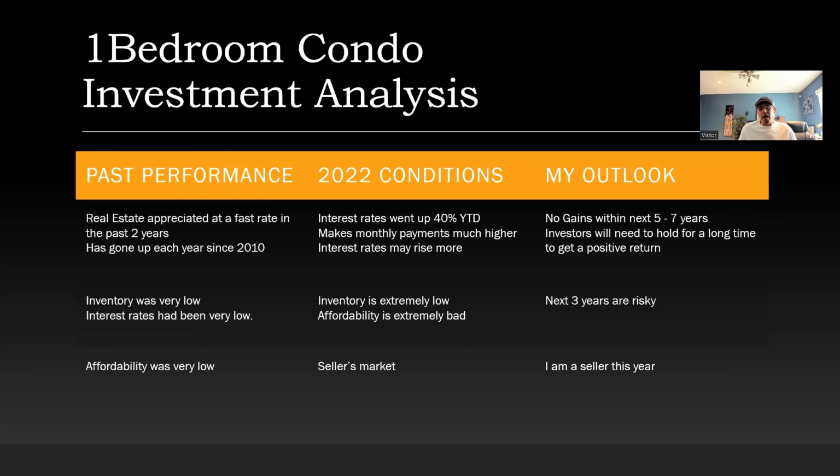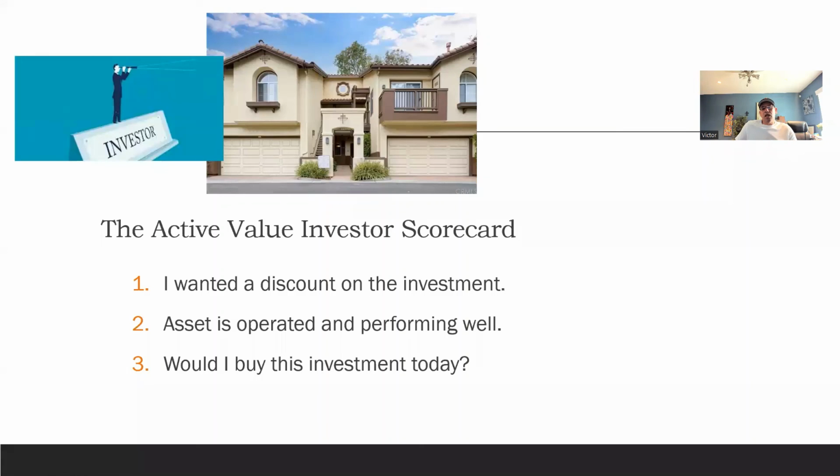I sold one property, single family residence. The prices just got so high that I had to take that one off the balance sheet. I sold at a very good gain, and I'm very comfortable with it. The pricing that we're seeing today is just frankly ridiculous. So I took that property off the balance sheet and took a big gain, and I put a lot of those funds into bonds as well as some good conservative stocks. So scorecarding this single